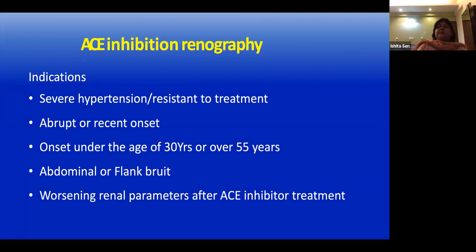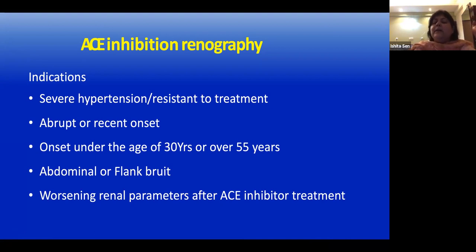So ACE inhibition renography is used to look for renovascular pathology. The indications are severe hypertension or hypertension resistant to treatment, abrupt or recent onset of hypertension under the age of 30 years or over 55 years, abdominal or flank bruit, and worsening renal parameters after ACE inhibitor treatment. Now, this used to be more commonly used earlier on, when we did not have such good modalities of MR